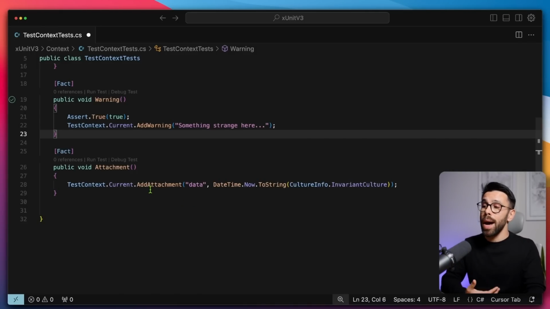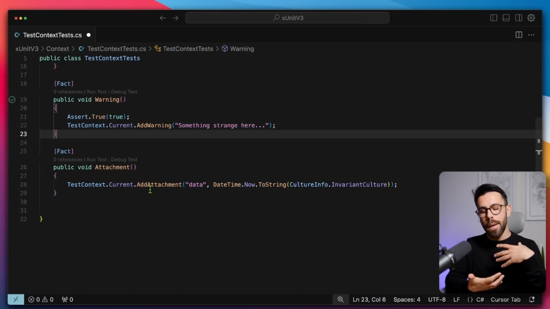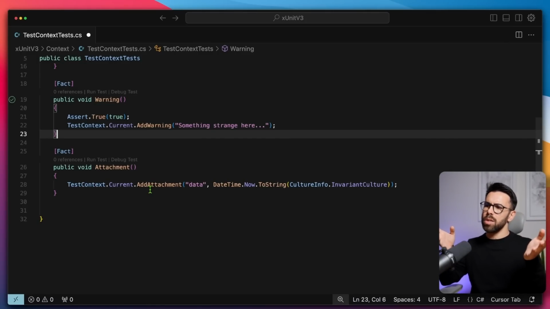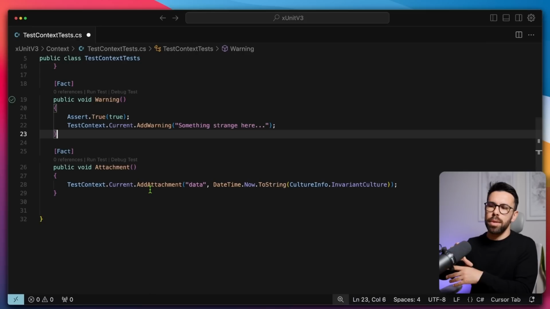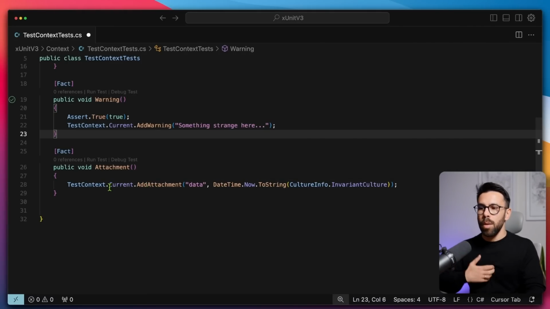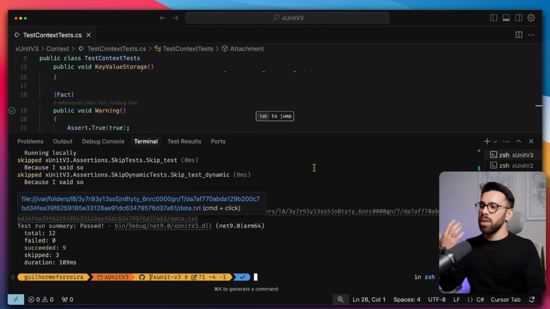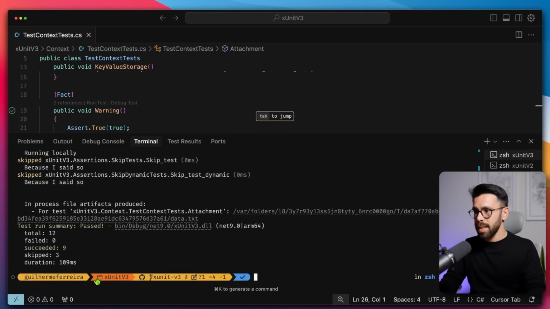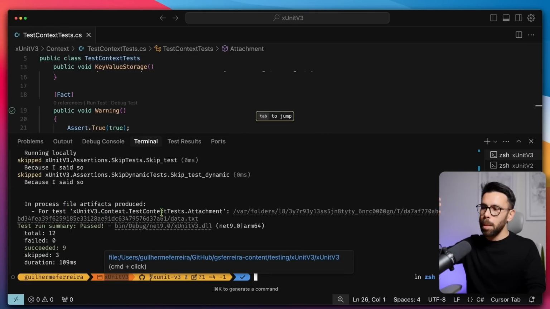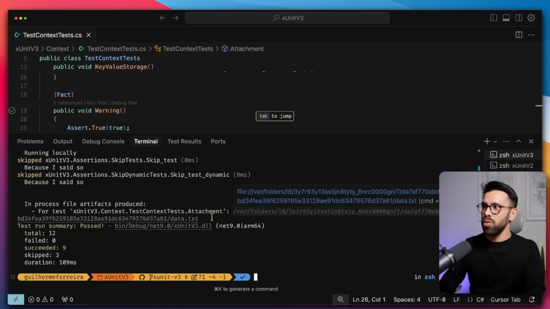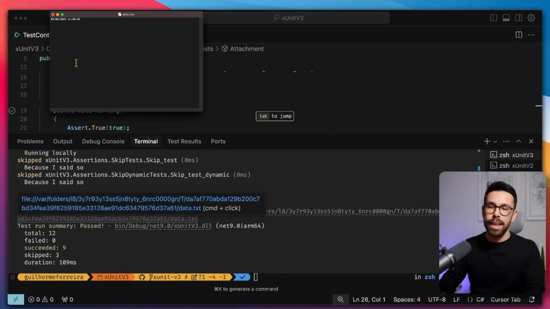Another possibility is to add an attachment to the test execution. This one is quite interesting. For example, imagine that you are comparing two reports, two CSV files, for example, and you want to keep the data attached to the test execution. You can do that. You just go to the TestContext.Current, AddAttachment, provide a name and a value. So if we execute our tests again, now you can see that for the test xUnit v3 context, we have an attachment file here